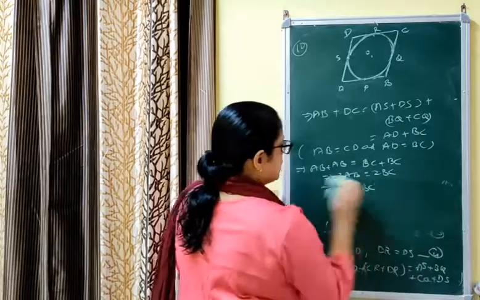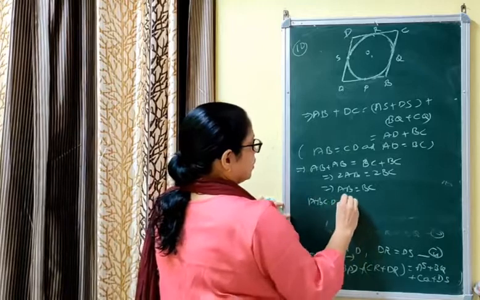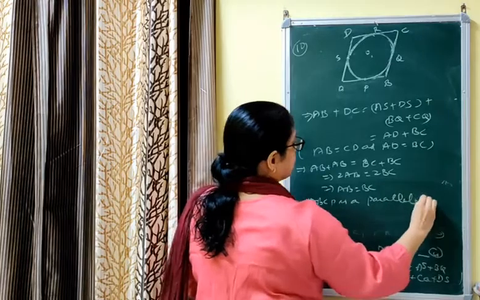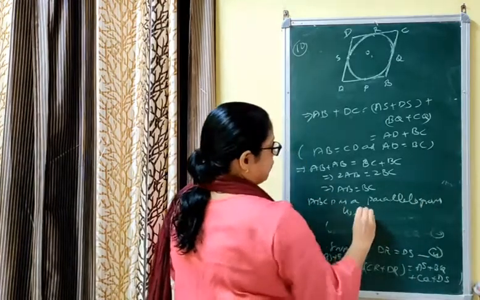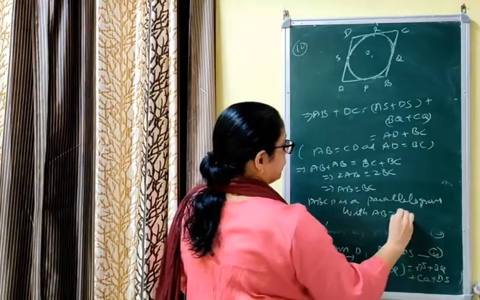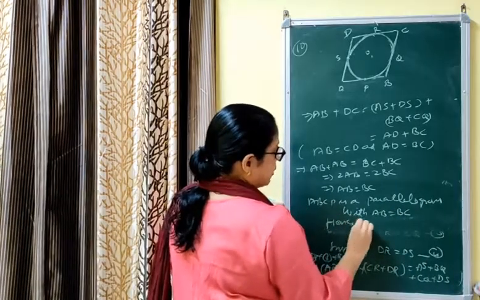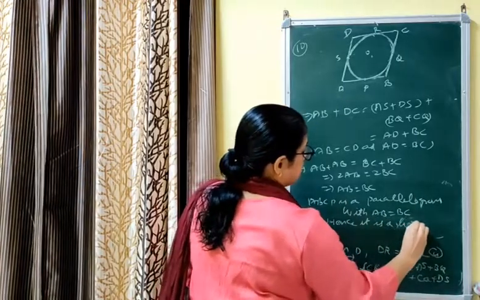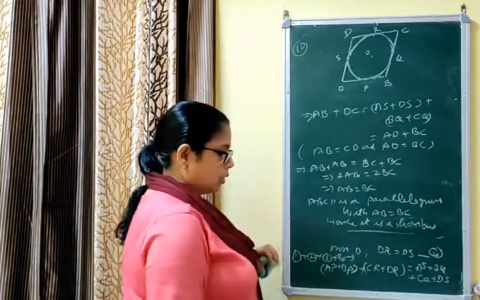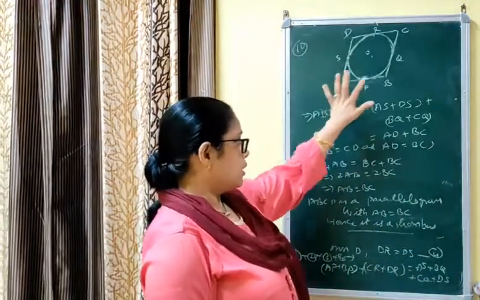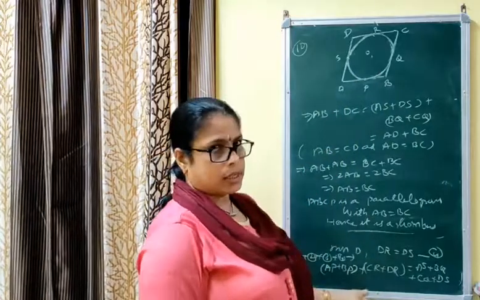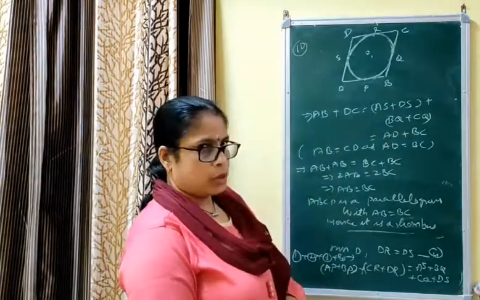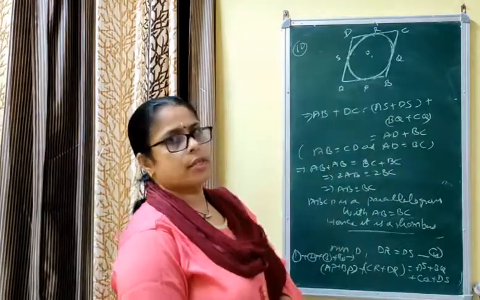That is, ABCD is a parallelogram with AB equal to BC. Hence, it is a rhombus. This question is also very important. So in this question also, what did we do? We took from A, from B, from C, from D. ऑर्डर को ध्यान रखकर करना, फिर ऐड करेंगे. At last, using the property AB equal to CD and AD equal to BC, we proved AB equal to BC. Hence, it is a rhombus.